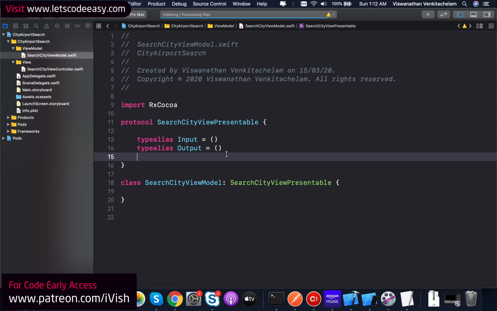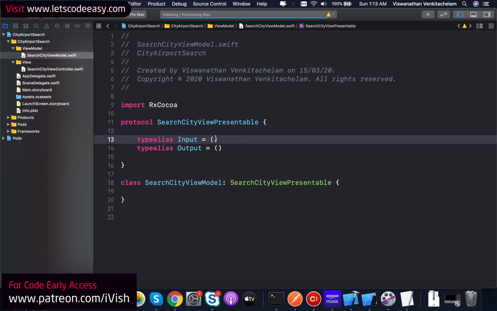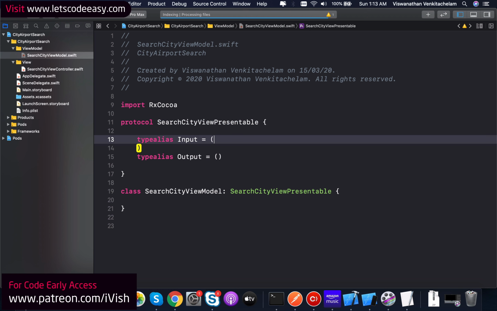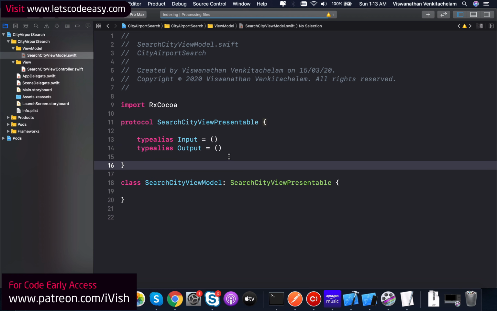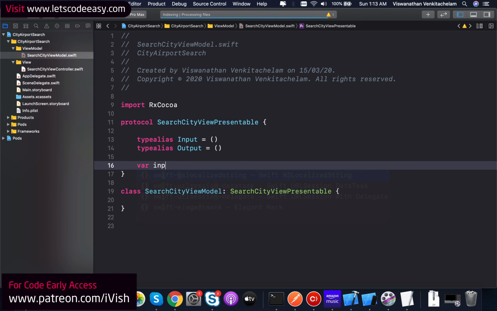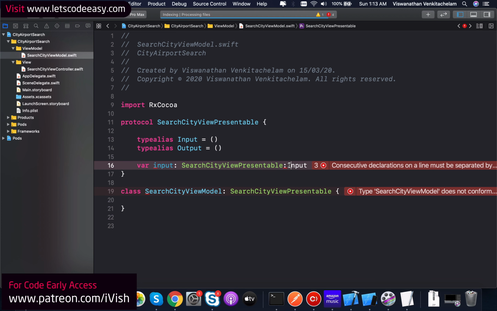It's a pattern used recently in many projects where you define it as input and output for each layer. It need not be just between ViewController and ViewModel. It can be between anything and anything. Input output model. So this is just a tuple, and then I can define a property for input of type input, because we are going to have many view models. Because we don't have a framework yet, I'm just gonna keep it as